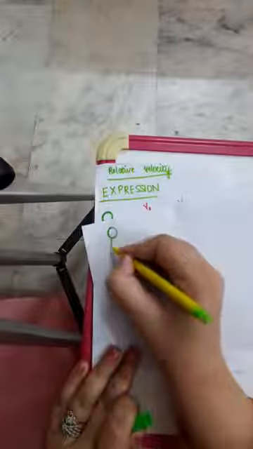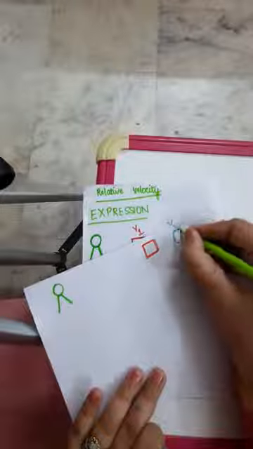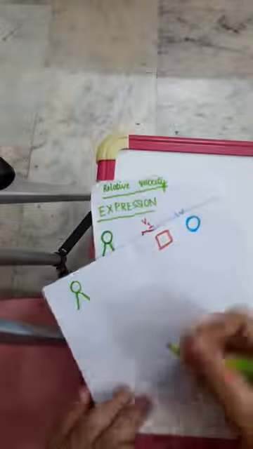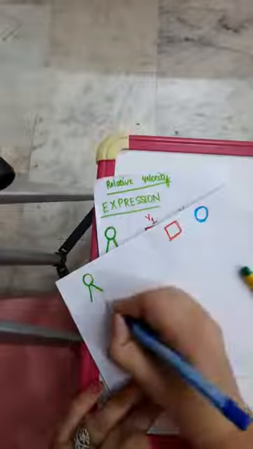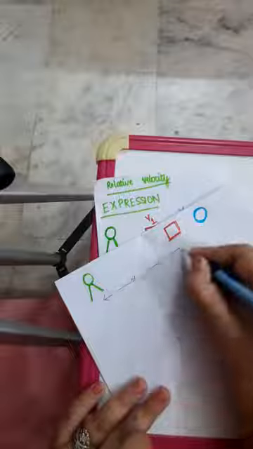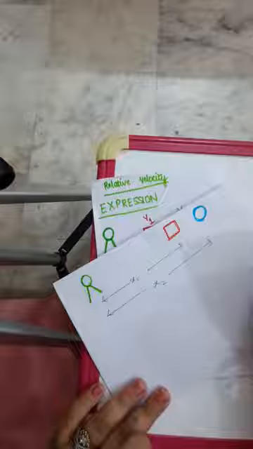Now I am drawing the same situation. Let's have a look here. This is the origin. Now a few seconds have passed. This object has gone more away from the origin. This object has also gone more away from the origin, such that this distance has now become x1 and this distance from the origin has now become x2.